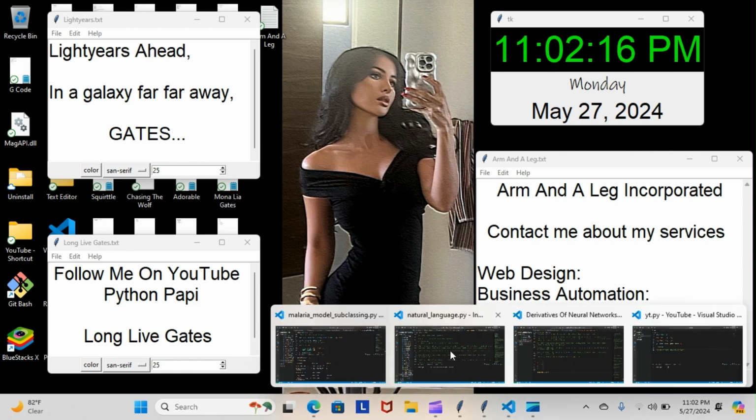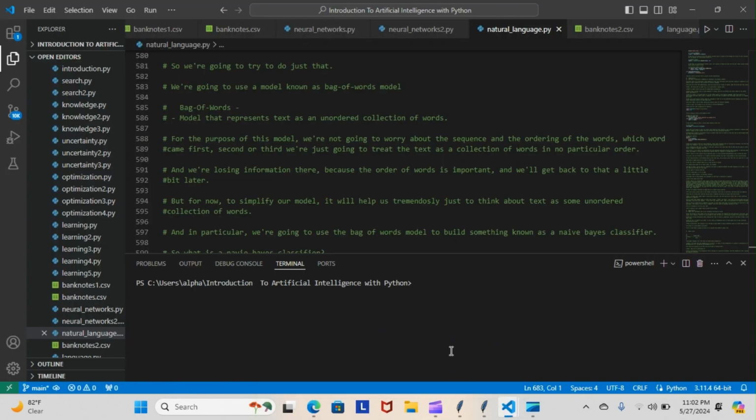Now, tonight I thought we were going to be running some code, but it turns out that we still had to go over a few concepts before we can actually get there, so it's going to be another night of light reading. So let's pick up where we left off. Last night we left off with the bag of words, and we're going to pick up there.